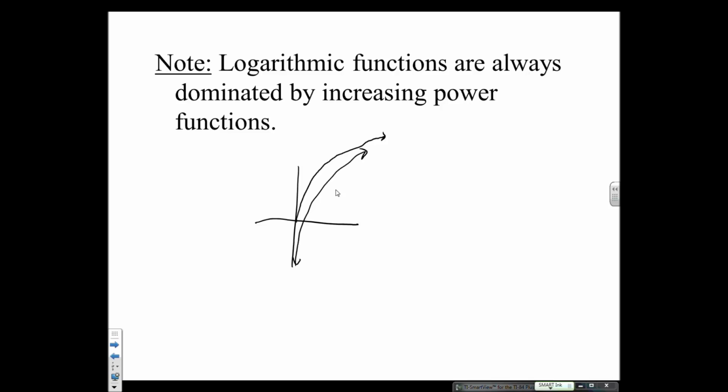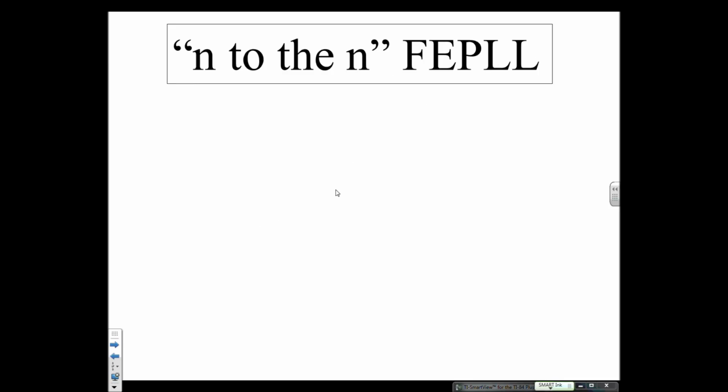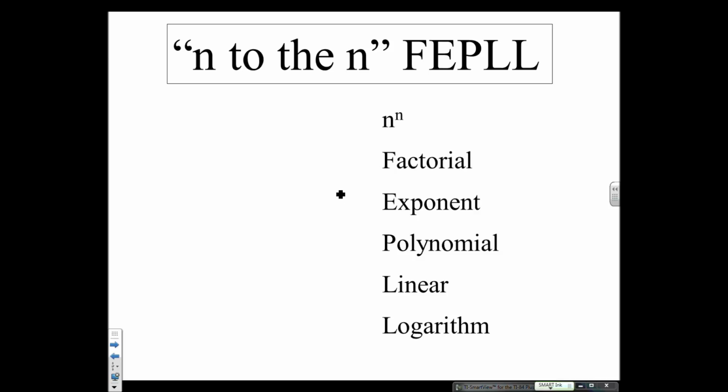Now, we've got a bunch of functions we've talked about, and this dominates that, and this dominates that. There's a hierarchy going on. The question is, what's the upshot? What's the overall summary of those functions? To remember that, we're going to use "n to the n febble." No, I did not make this up, but sure sounds like I did. Actually, I got this from a math conference I went to. One of the other teachers was sharing this. And "n to the n febble" means these are the functions and the hierarchy in which they go to infinity